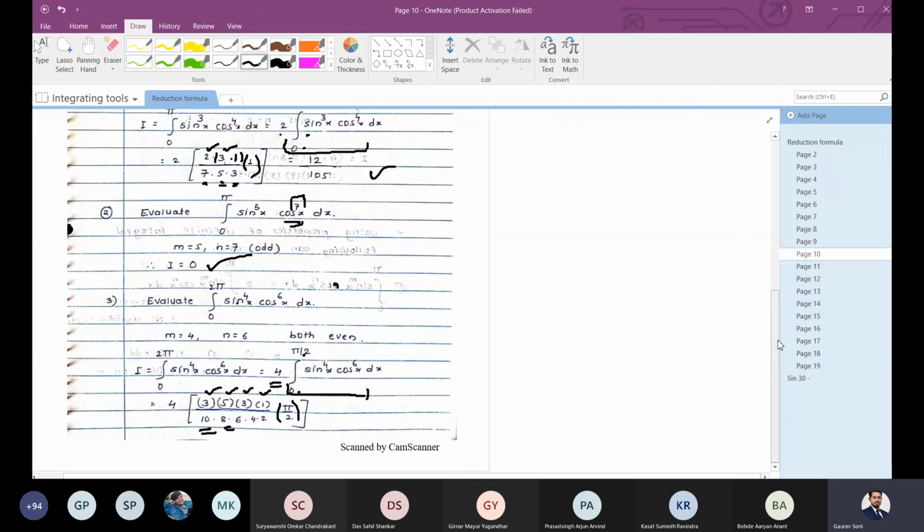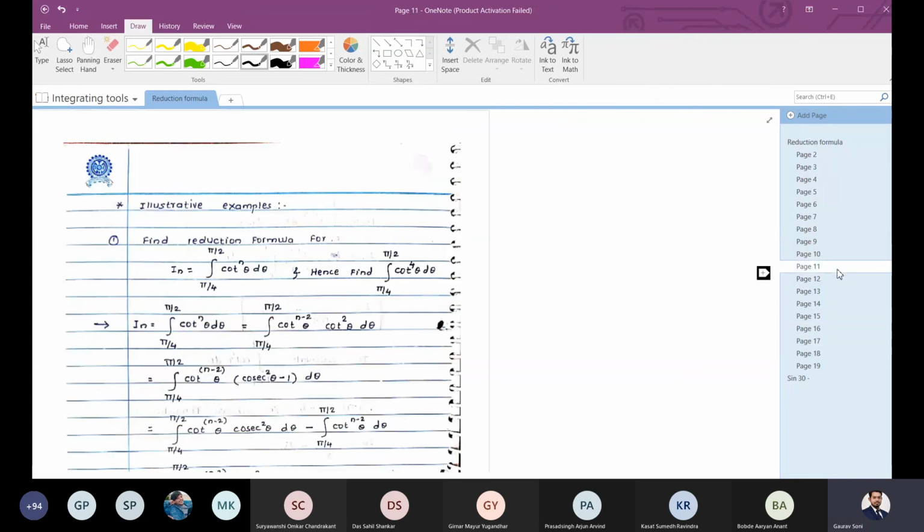So that is all about sine raised to n, cos raised to n, and their combinations. In tomorrow's lecture, we will derive some of the reduction formulas for non-trivial functions like cot raised to n, log x raised to n, which are kind of theory examples and can be asked in MCQs in some other way. But those are very much important. Today's was quite an easy one because you are